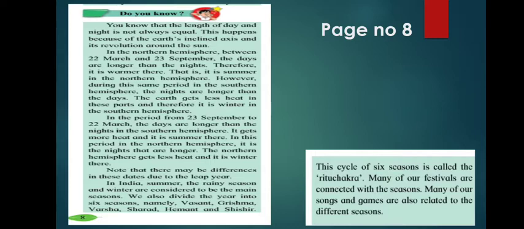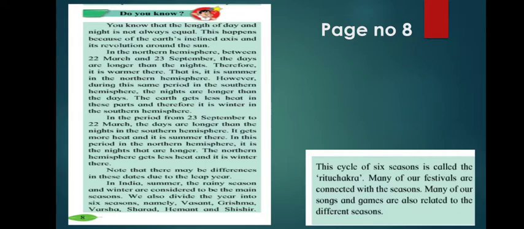Okay, northern hemisphere, if the days are longer, it is the opposite in the southern hemisphere. Southern hemisphere, the nights are longer. Okay, children, so it is always opposite. The earth gets less heat in this part and therefore it is winter in the southern hemisphere. Just remember one thing, if in the northern hemisphere from 22nd March to 23rd September the days are long, so it is summer, and the opposite of that is winter in the southern hemisphere.